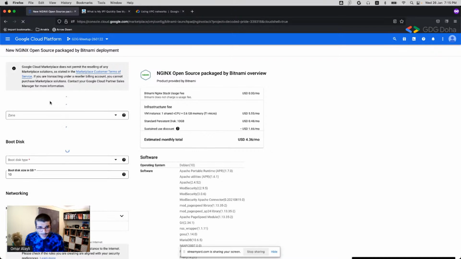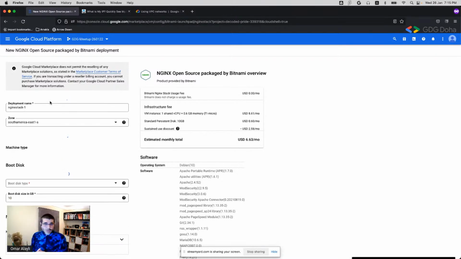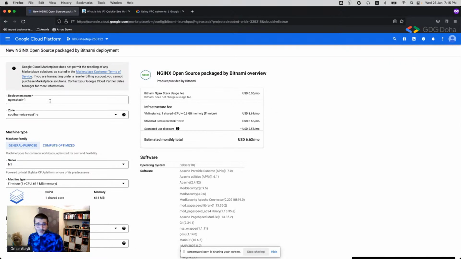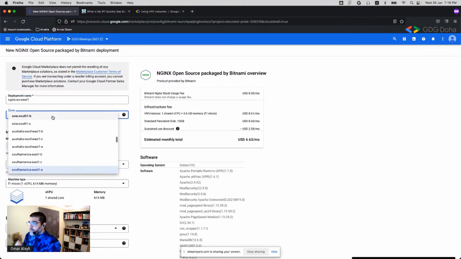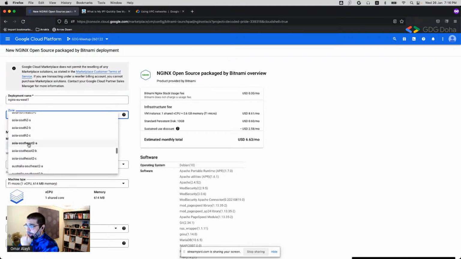this will bring up a screen where we can choose a couple of options before deploying the virtual machine on the Google Cloud Platform. Again, this is pre-packaged, so you will get Nginx as part of the package automatically deployed when the virtual machine is installed. So if we name this one Nginx, let's deploy it in Europe West 1 because we have two subnets. If we want to deploy it in Europe, as I said, we have to choose Europe